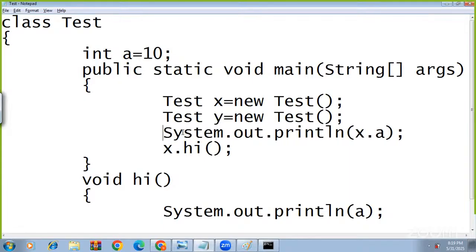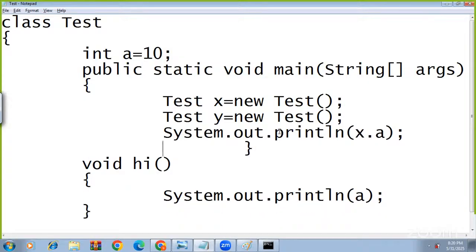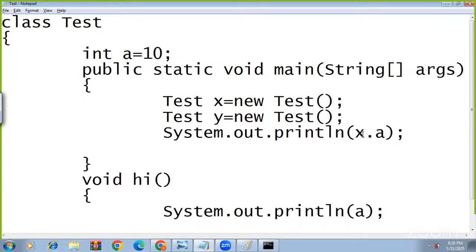Now in this case, what I am going to do is, I will just remove this. Now see, what I am going to do is, here I want to print x dot a, and also I want to print y dot a. What I told you, here whenever you are going to create the first object,